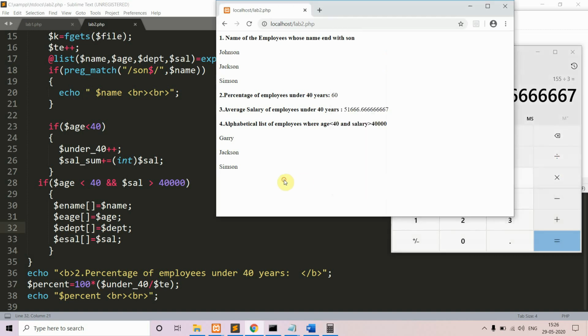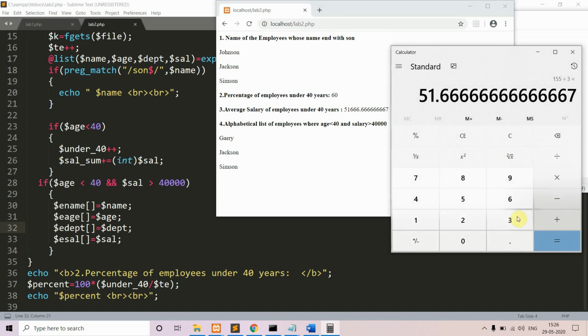So you get around 51 into 100 we will do. So you'll be getting the average salary of employees under 40 as 5166.